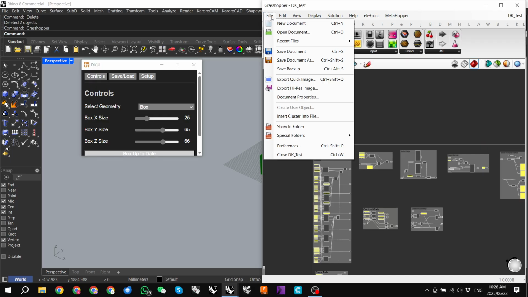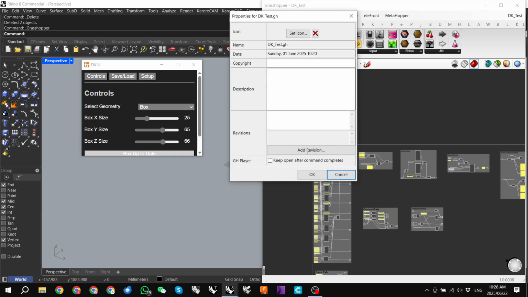One of the things you will definitely have to do is, under document properties, select this keep open after command completes box. I think a little bit of the glitches I was seeing with this one was because I hadn't set that. So I'm actually going to recompile this